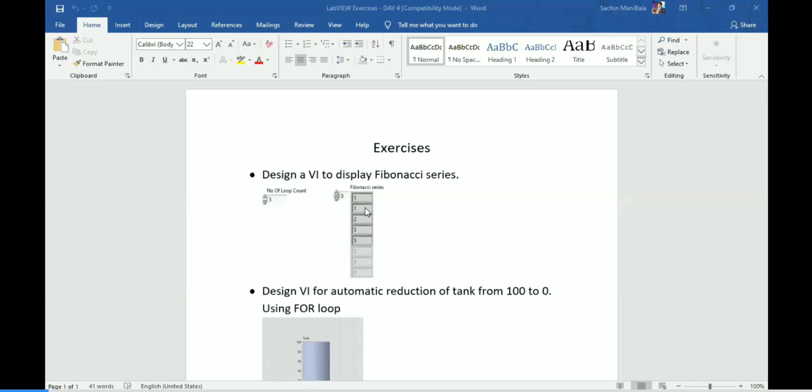Then 1 plus 1 gives the new value 2. Adding the last two values, 1 plus 2 gives 3, then 2 plus 3 gives 5, then 3 plus 5 gives 8. Like that it keeps going. Let me do it in LabVIEW so that you will have an idea.